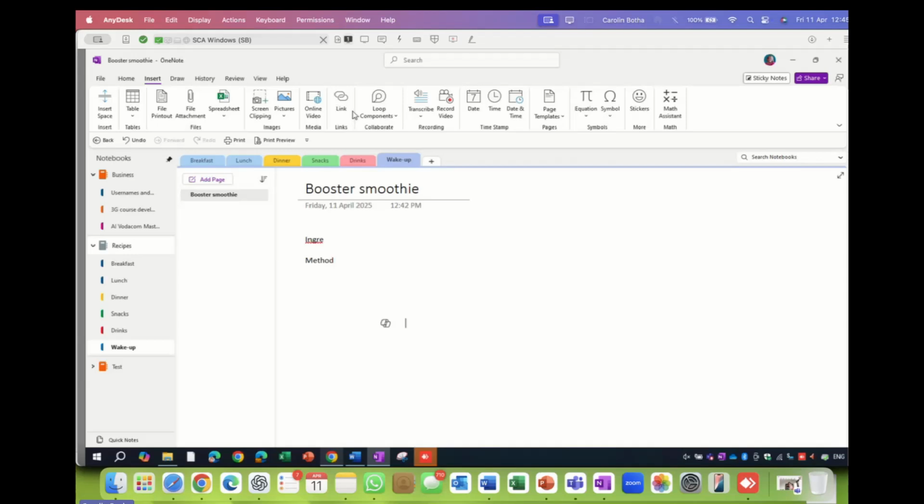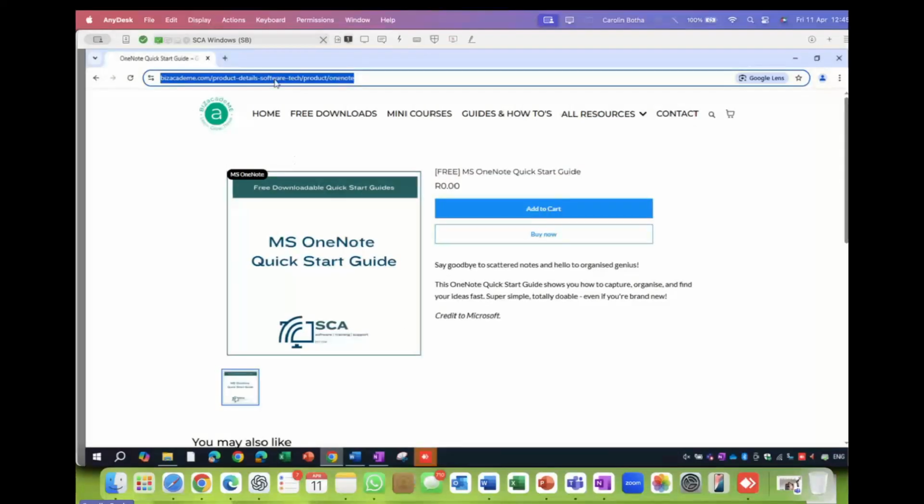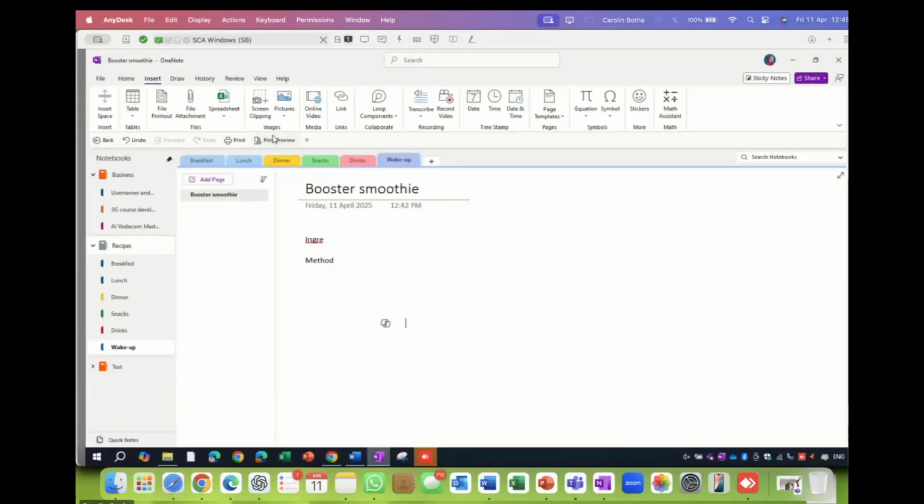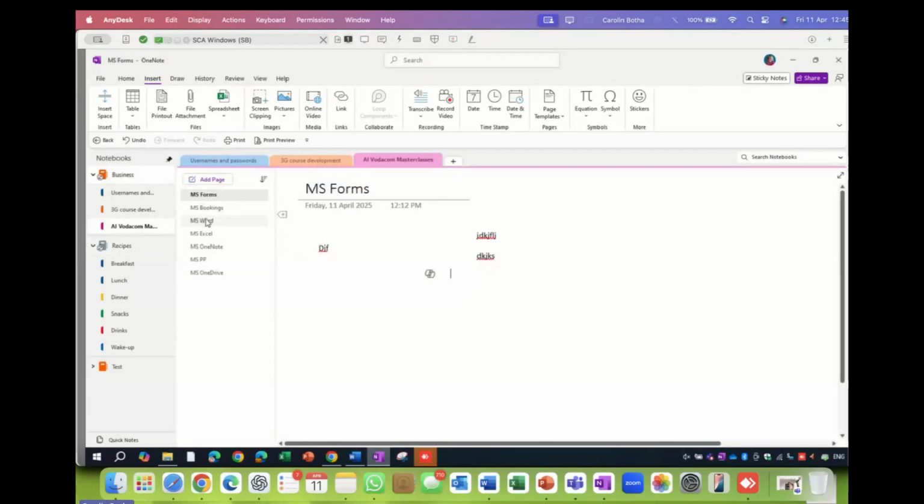As you know, a link will take you somewhere. So you can go for this page, right click. I use this page as a screen grabber. What was the word? Yeah, screen clip. There are many different words for this. Let's, for example, say, let's go back to OneNote.